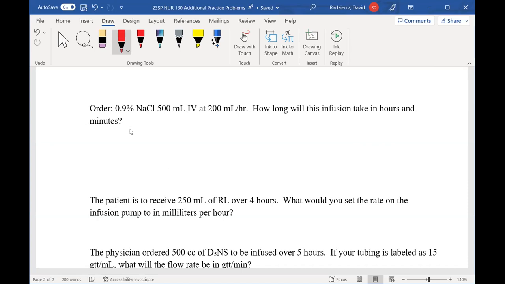All right. So for this one, I'm going to arrange this a little bit differently, but again, I'm going to utilize dimensional analysis as my strategy here. What I'm looking for is how much time